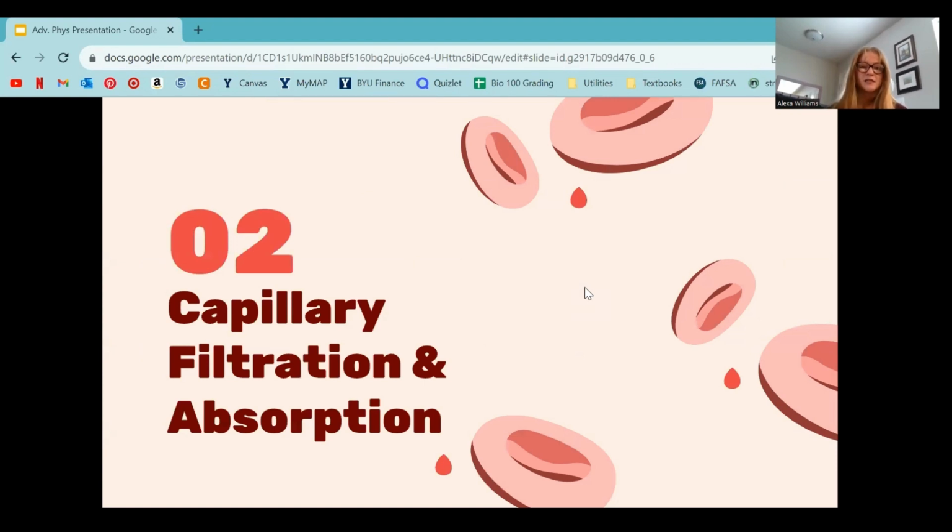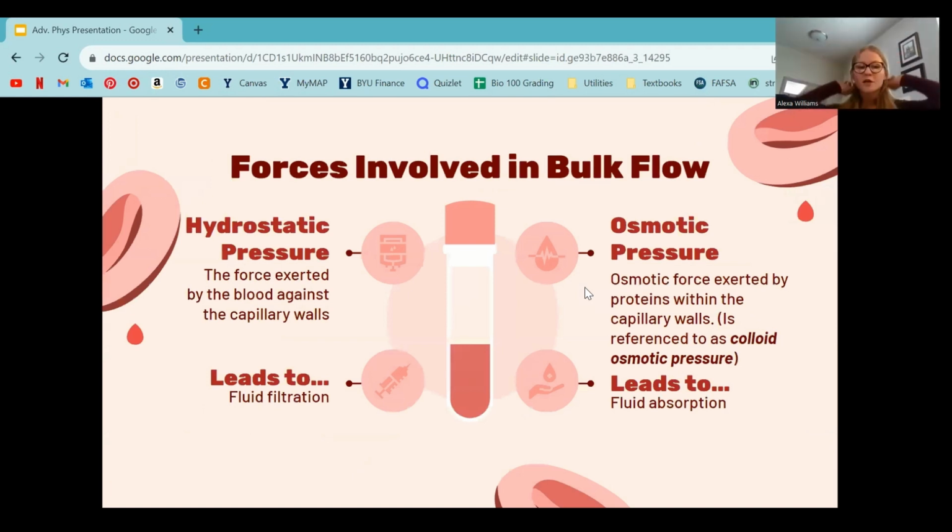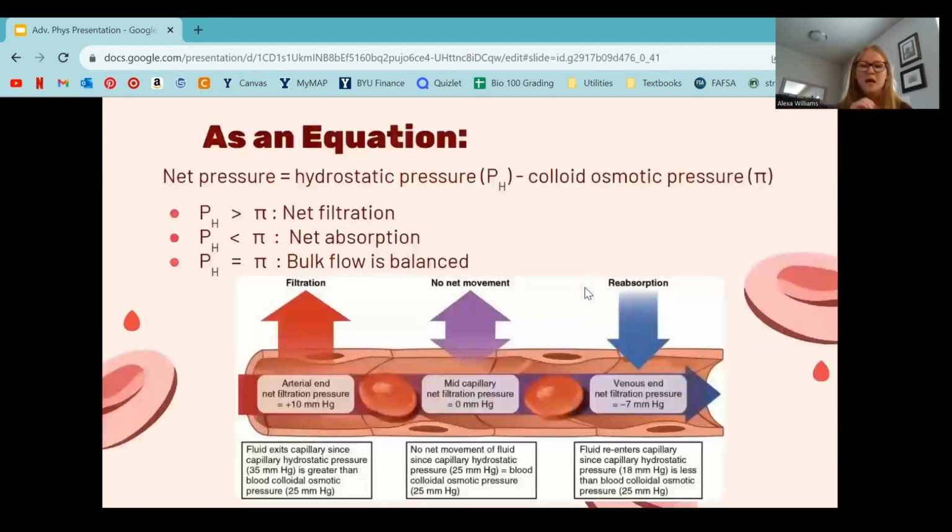The second learning objective is 15.6.4, which deals with capillary filtration and absorption, which happens by a process called bulk flow. And within bulk flow, you have two forces involved. You have hydrostatic pressure, which is the force exerted by the blood against the capillary walls, and you have osmotic pressure, which is the osmotic force exerted by the proteins within the capillary, and it's often referred to as the colloid osmotic pressure. So, when capillary hydrostatic pressure exceeds the